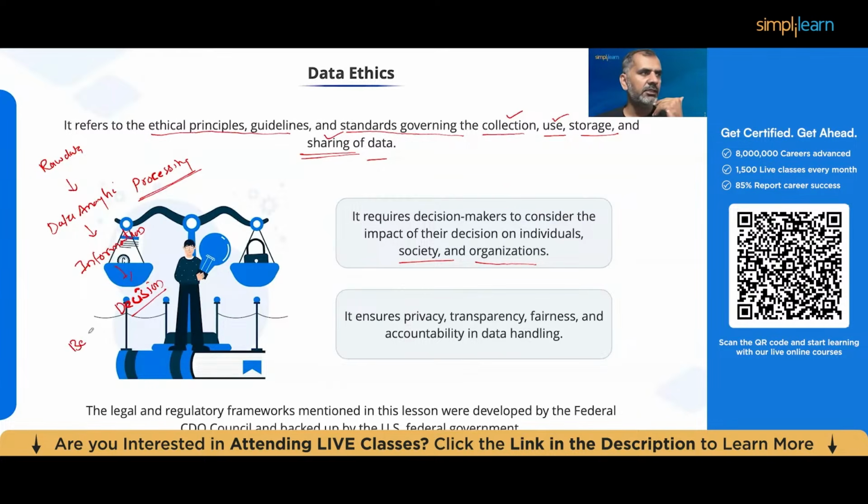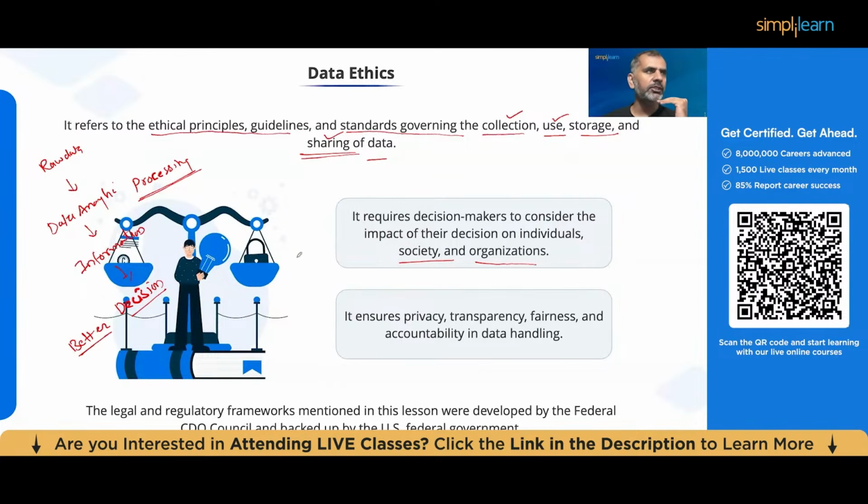You can simply say that these are better decisions. That's the ultimate goal of any organization that is doing data analytics, dealing with a data science project, or collecting data. Now, when we do this, as I said, these organizations need to follow some data ethics rules and data